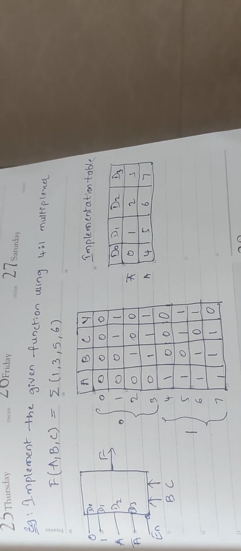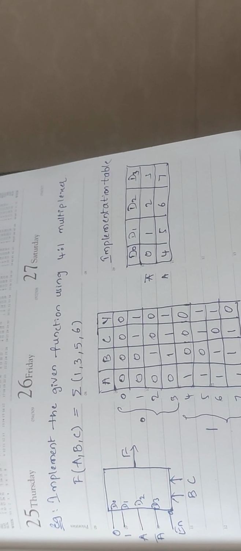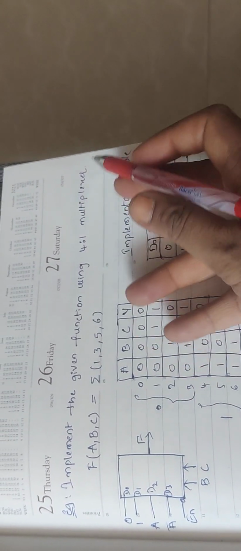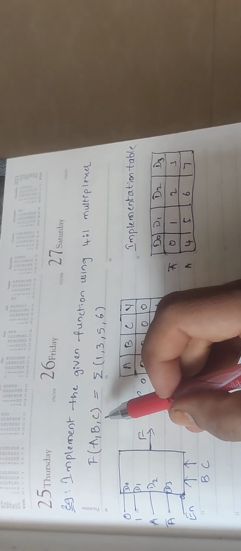Hello everyone, let us consider the example of multiplexer. How to implement the multiplexer by using the logical function. So the given problem statement is implement the given function using 4:1 multiplexer. The equation is f of a comma b comma c, that is equal to summation of 1 comma 3 comma